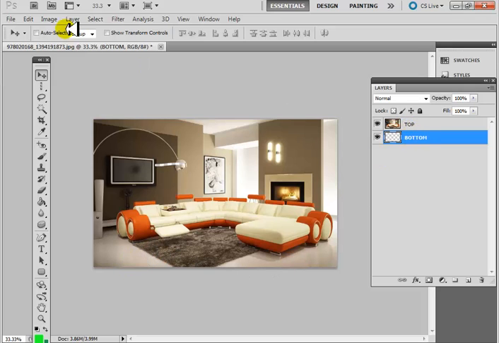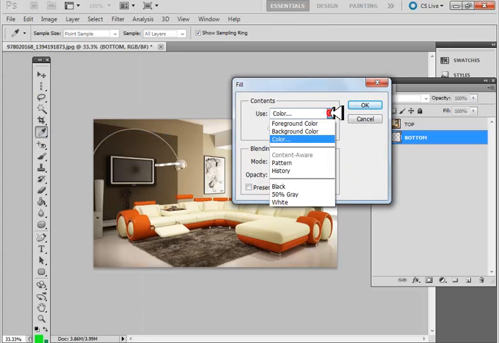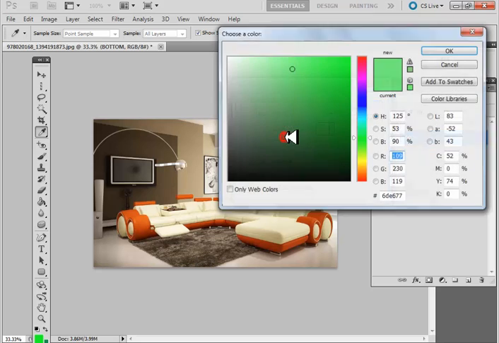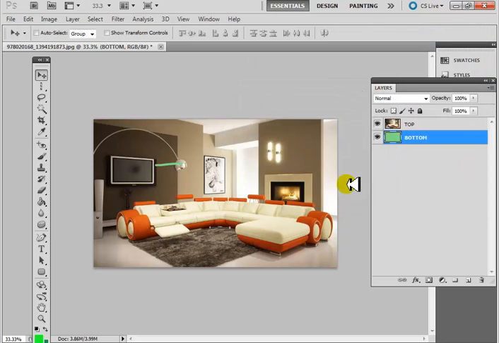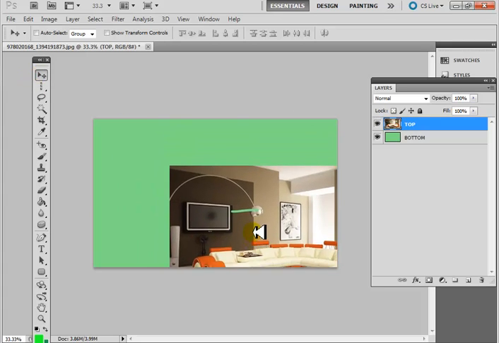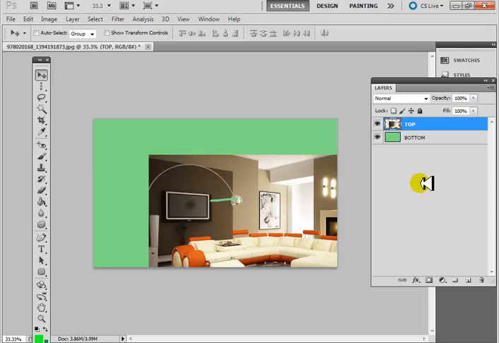So I go to bottom, edit, fill, use, click on color, and click on any color you like. Okay, and okay. So that color is changed, but you still can't see it because it's behind this layer. So the whole layer is covering the bottom layer, and if you like, you can select this and you can move it behind. You see, the one behind is now coming, and you can add more layers again and again,